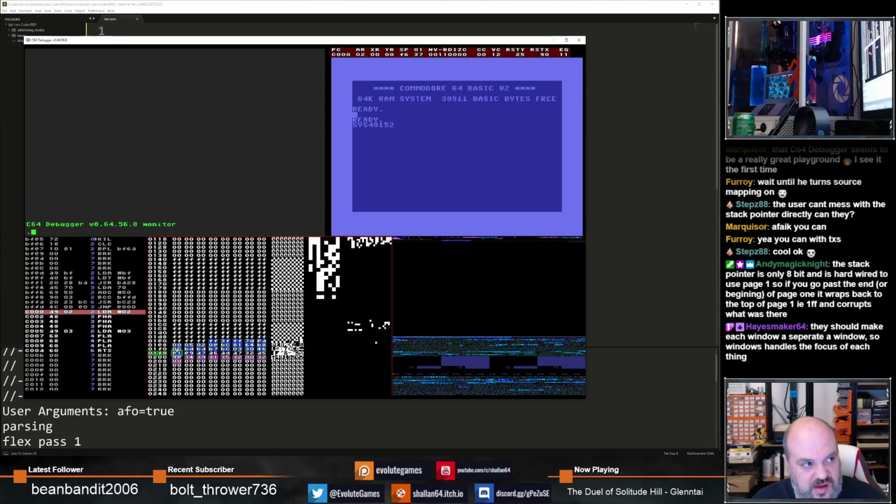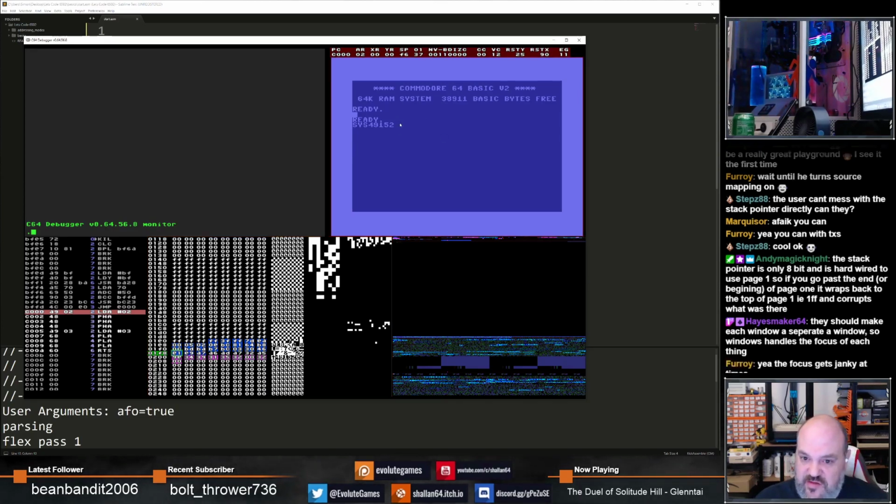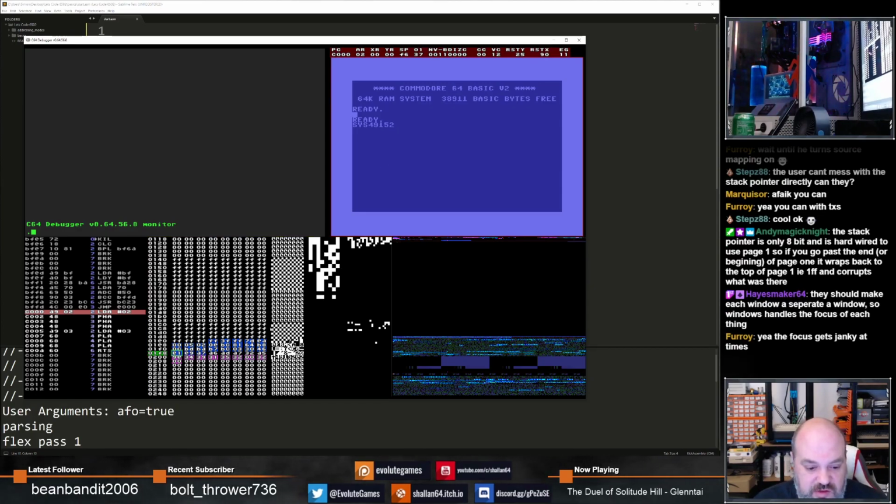is what the kernel uses. So when the 6502 runs a program like this, it needs to know where to go back to when it's finished running this program. So the way it does that is it stores the address on the stack. So the last two values are 46E1. So the location we're going to go to, remember, it's little endian, so it's actually E146. So if we just go and put a breakpoint on E146,